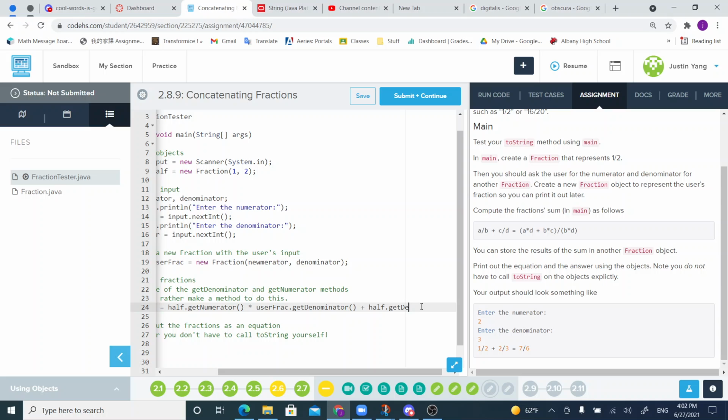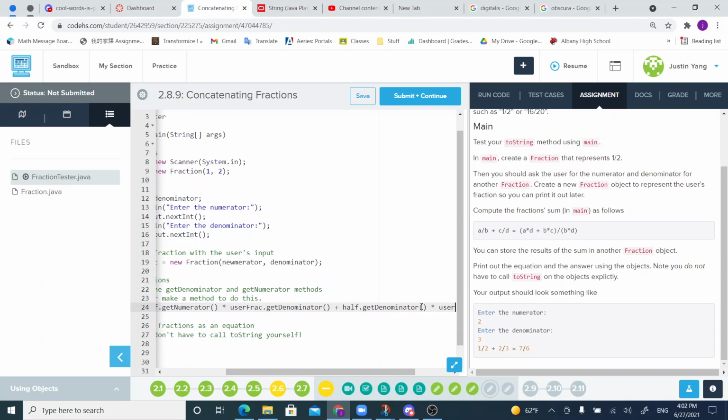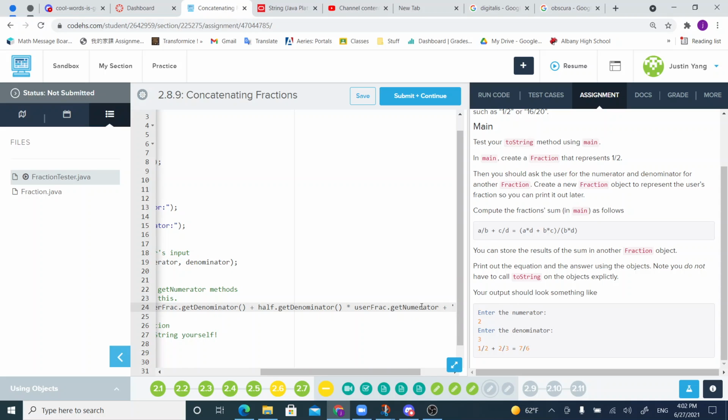I learned from my mistake yesterday. Times user frac get numerator. It's reminiscent of it, that product kind of. So that's just going to be one big integer by the order of operations,